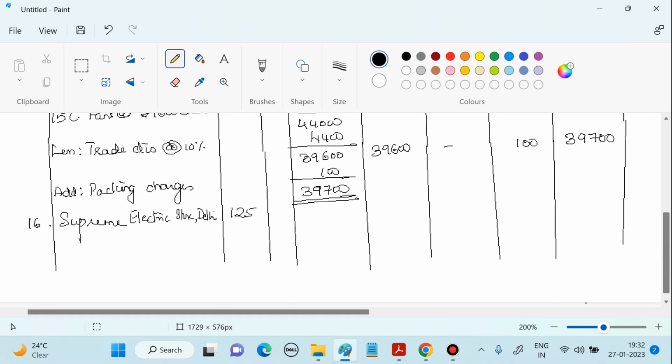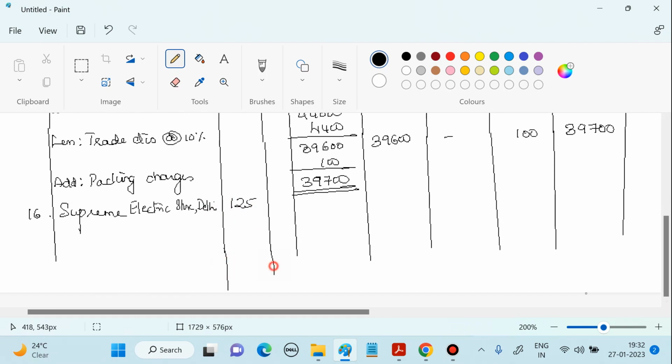What is purchased? 5 dozen Philips bulbs at the rate of 100 each. Now, you should not multiply 5 by 100. The value given is 100 each, but how many dozens? 5 dozens. So what would be the value? Tell me